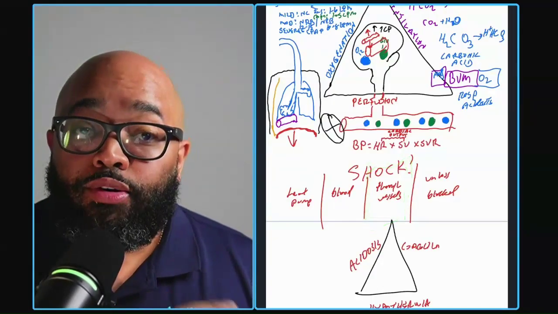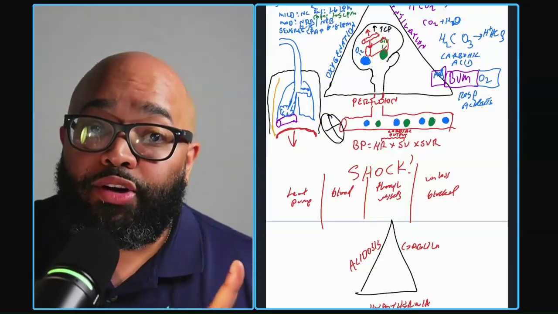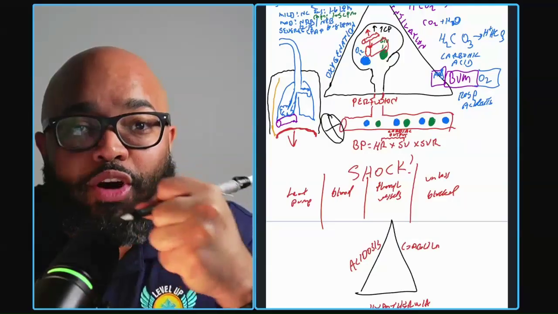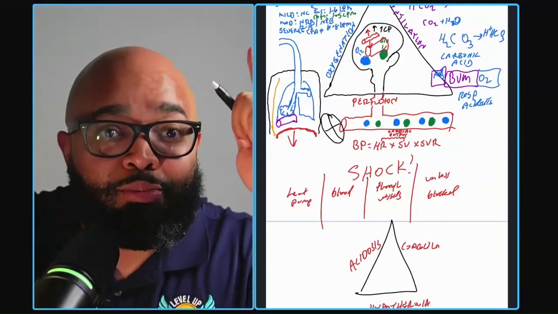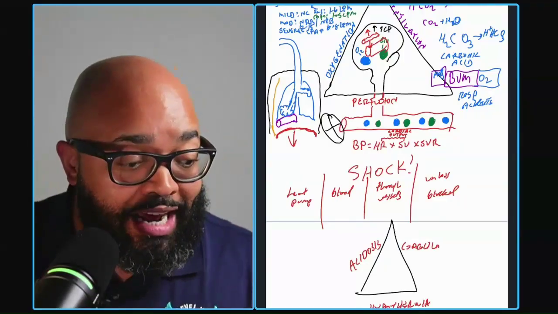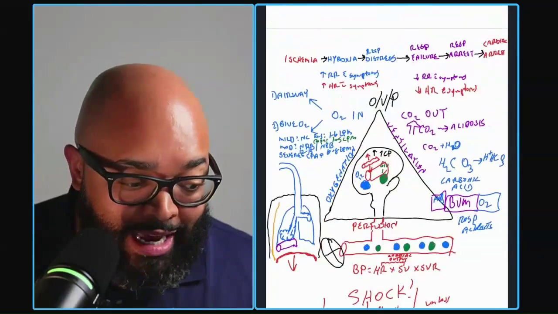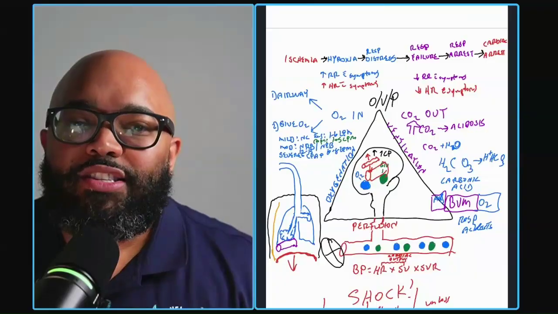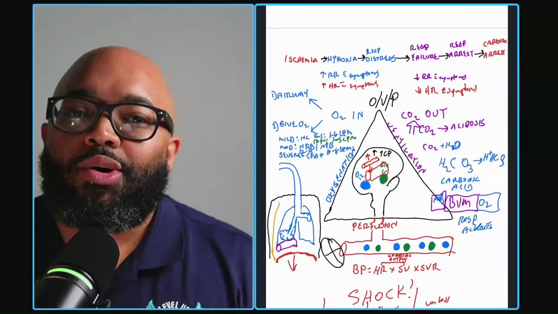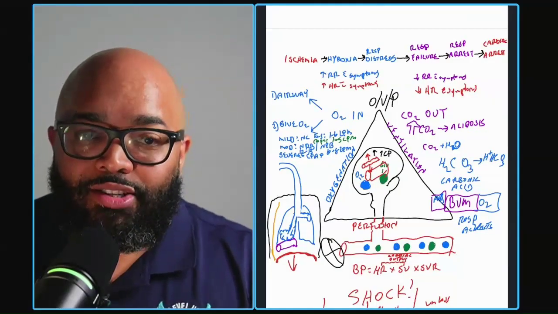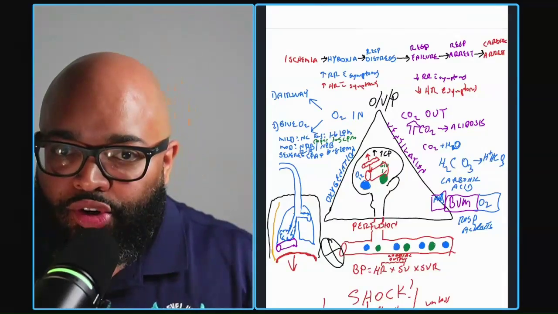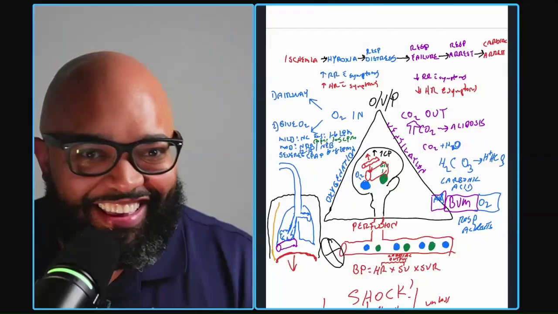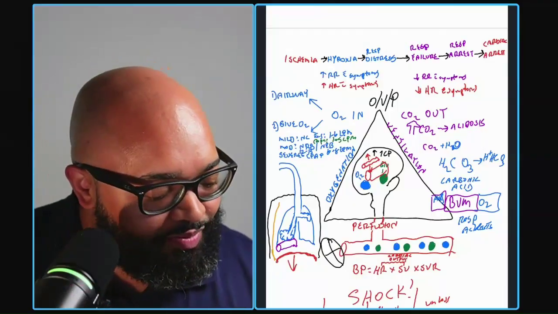Now, yes, in neurogenic shock, initially you're going to have hypertension because your body is saying, hey, I'm trying to do everything possible to send some blood to the brain because it's the most important organ. But now when I send more blood to the brain, remember that same story from earlier. When I send more blood to the brain, I increase the volume in the brain, but I also increase the pressure in the brain. So that leads to increase in intracranial pressure, that leads to herniation, that leads to respiratory arrest, and later cardiac arrest.